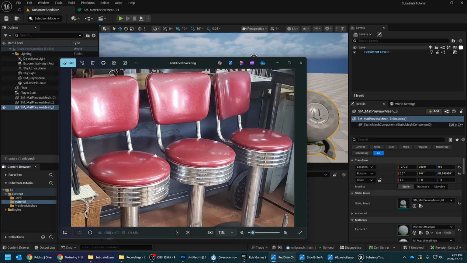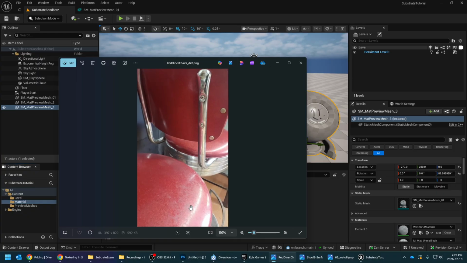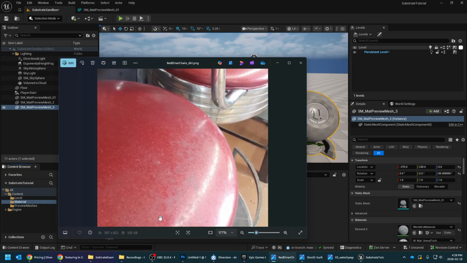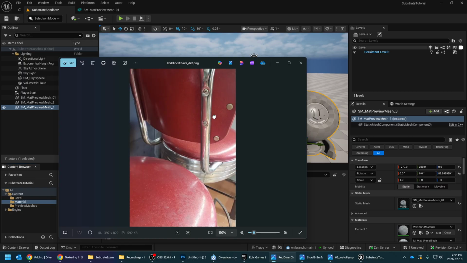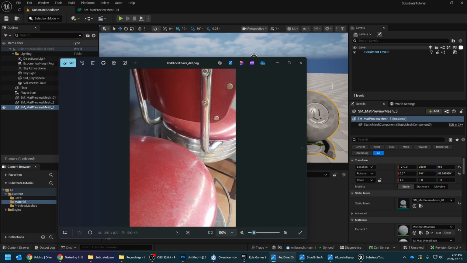If I look at some other images here, I've got some dirt masks that I could be applying on this as well. So it seems like a pretty interesting prop. Again, if you're looking to find a material to start practicing your substrate development skills on, this is going to be one that's going to work well. So I'm going to start off with this,